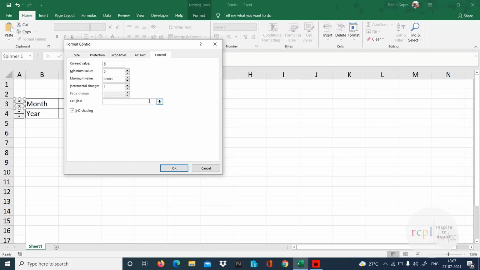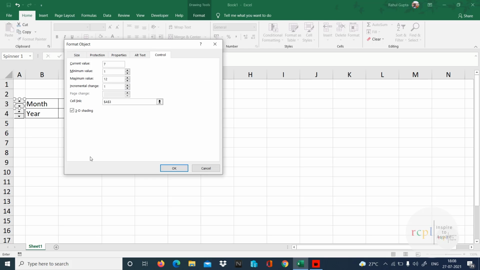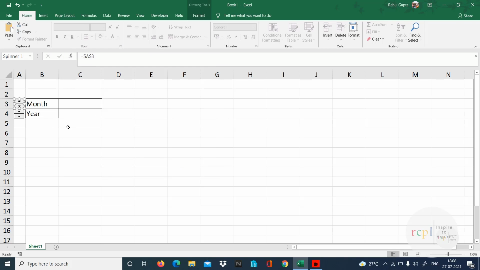Here it directly goes to the Control tab. Current value: since July is going on, I'm going to write 7. Minimum is 1 and maximum is 12, because we have to give it for month and month is between 1 to 12. Increment will be of 1. For the cell link, we want to keep it behind this button, because I do not want to show 1, 2, 3, 4. I want to show January, February, March. So that's why I'm keeping this value at A3 just behind the button. This is the setting we have to do in the first month button format. Now if I move my cursor to A3, you can see here it's written 7. If I click on this, it's changing till 12 and it's going beyond.